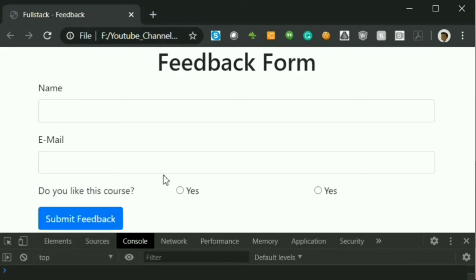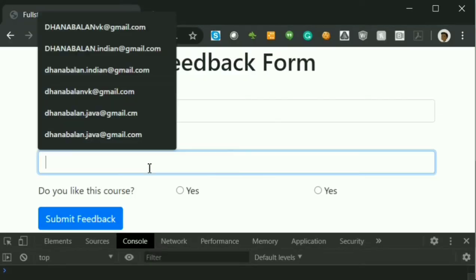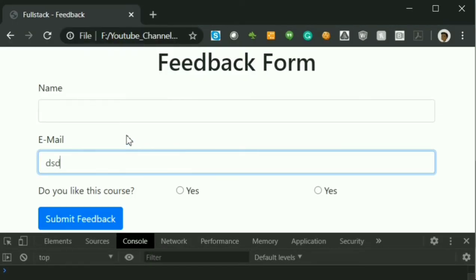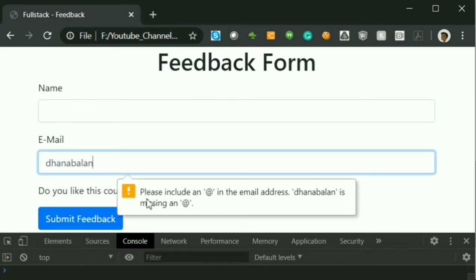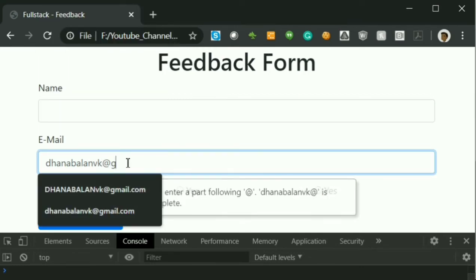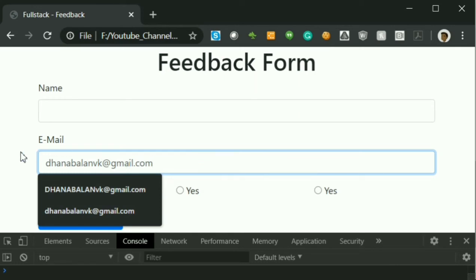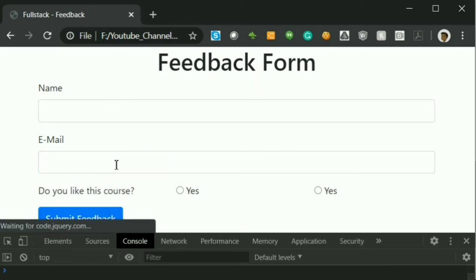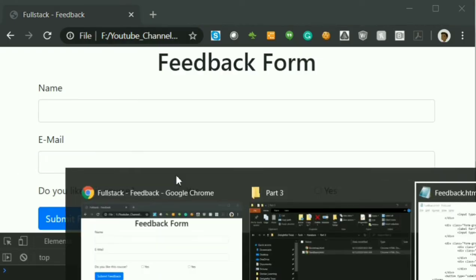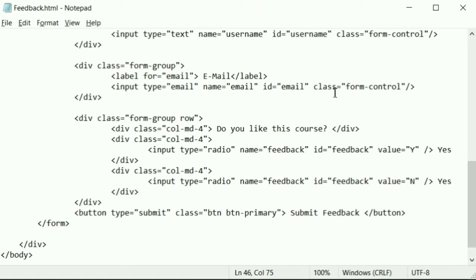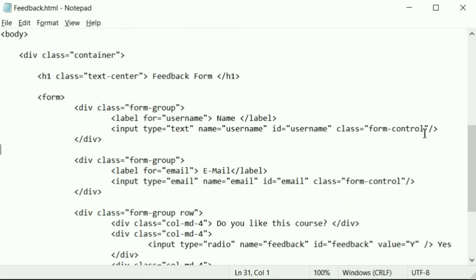So I'm just refreshing the page, and to see the submit button, if I click it, it will get submitted. There is no validation so far. It's getting submitted, and by default validation, since we typed that email as an email type, if I give some name without a proper format, it will put an error saying that, okay, there is an invalid email address, you need to correct it. Then only form will get submitted. So this is just inbuilt validation in Bootstrap. We don't need to write any explicit validation for that, but we can have some validation using jQuery in our forms. Now I'm going to mandate a user to enter all the fields.